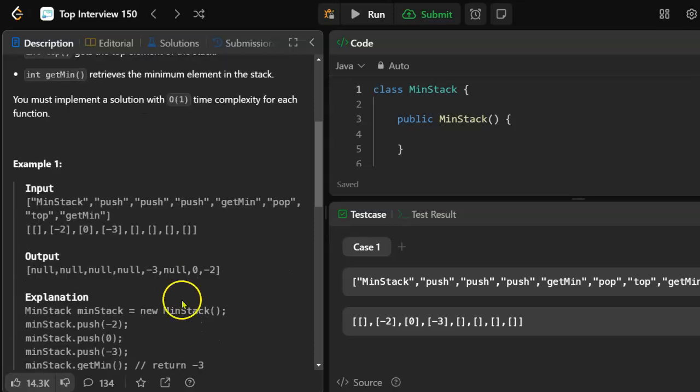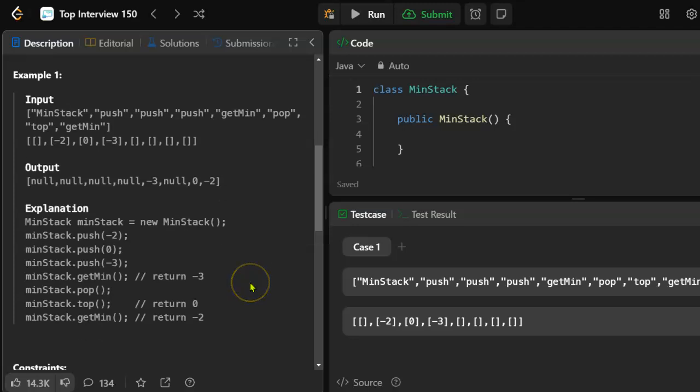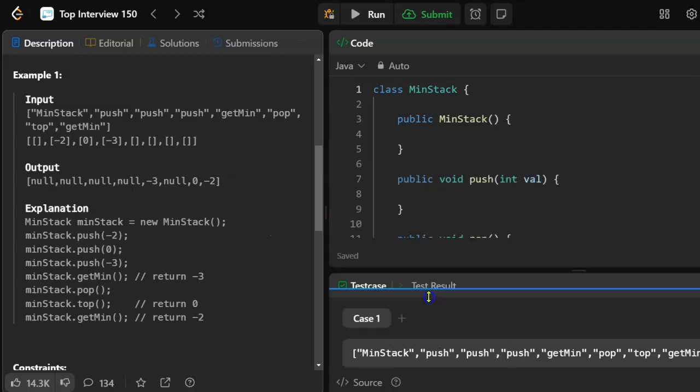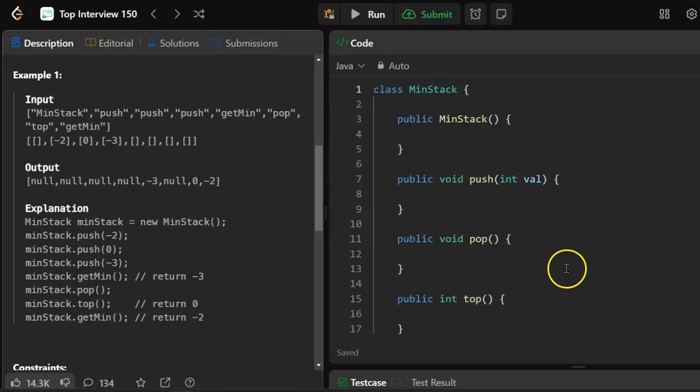Let's see an example here. So min stack, all right, so we'll have a constructor. Okay, so we've got push, push, push. These all return null. Get min returns -3. Pop returns null. That's interesting. So the pop doesn't actually return the element that gets popped. It returns null. That doesn't seem right, but that's what it says. And then top, and then another get min. Okay. Oh, I see. It already has the